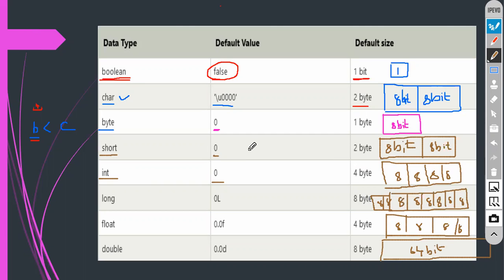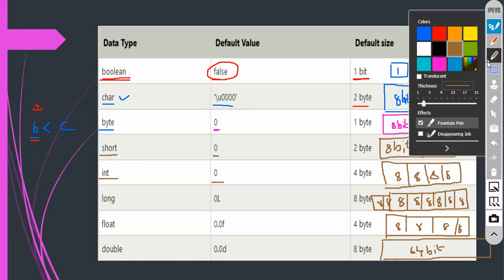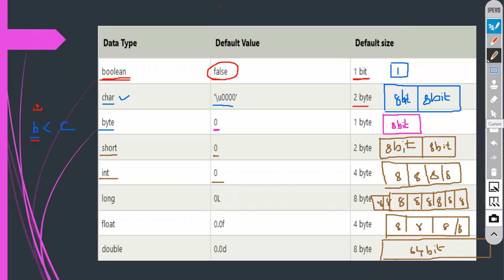Now please compare one by one. You will understand what exactly I wanted to tell you and what exactly we are doing. It is very simple. See here. Compared to character, Boolean memory is less. Compared to character, byte memory is less.